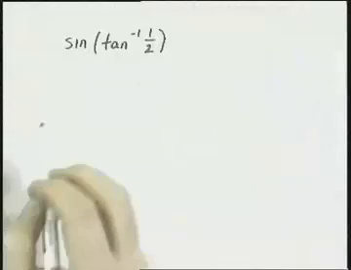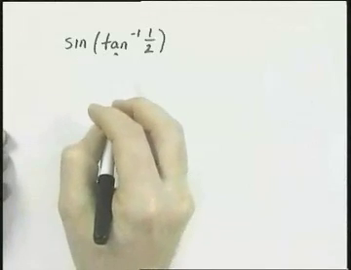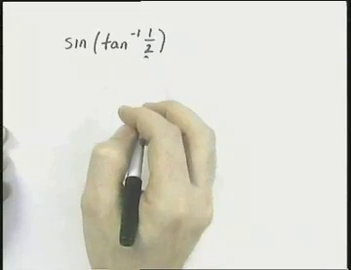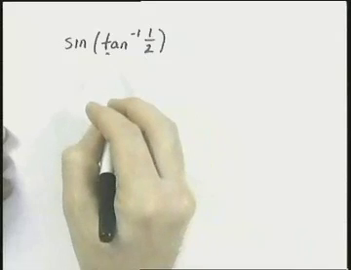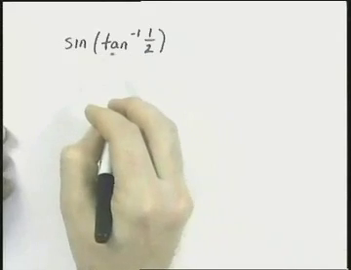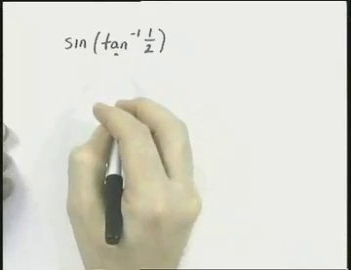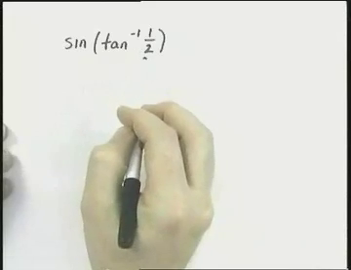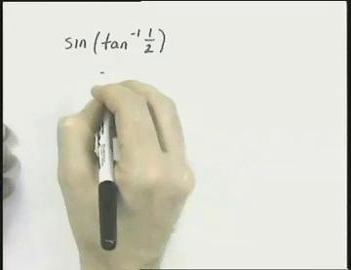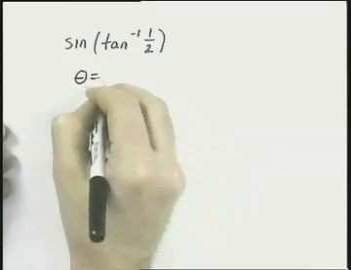In this example, we're going to find the exact value of an inverse trigonometric function. What we have is the sine of the arctangent of 1/2. The first thing that we're going to do is concentrate on the expression in the parentheses. The arctangent, or the inverse tangent of 1/2, we're going to say is going to be some angle theta, so